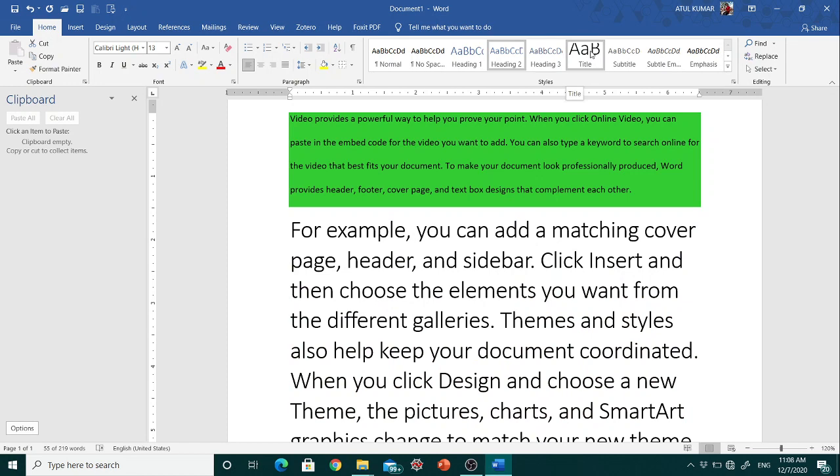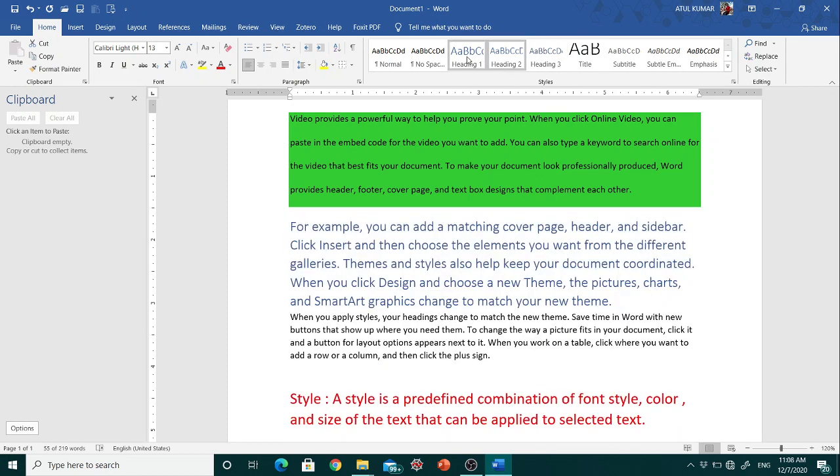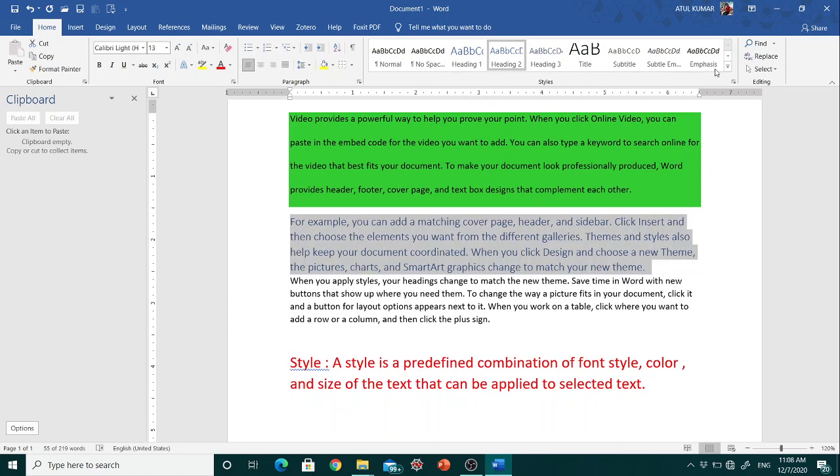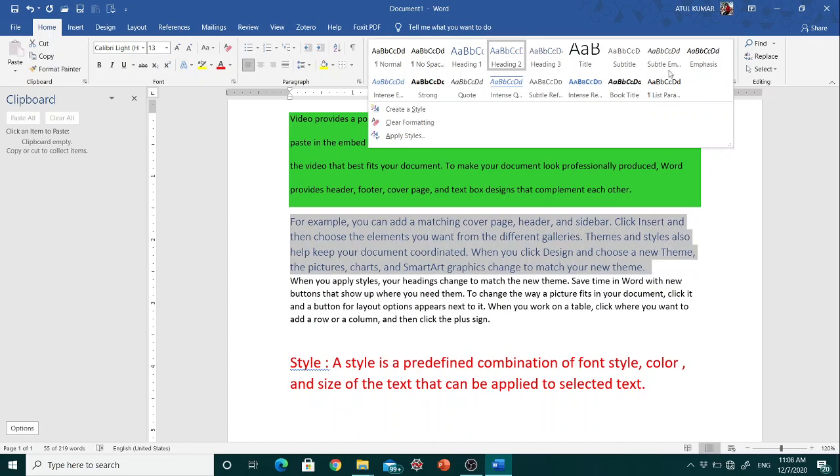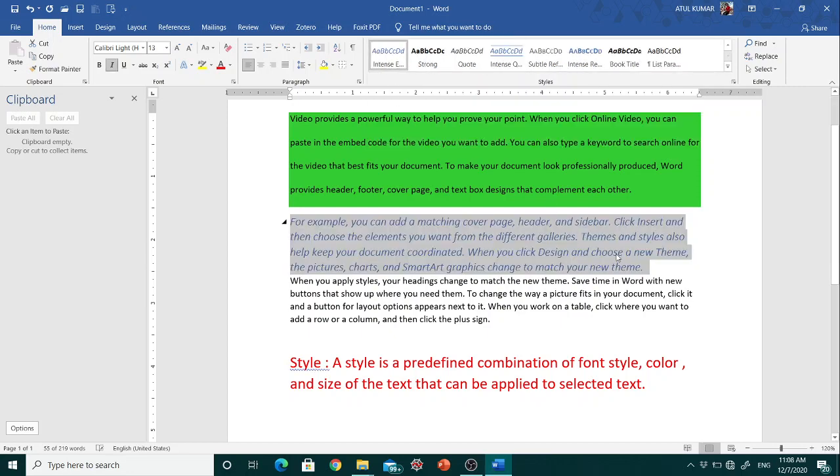If you want to apply this title style, or this heading style, different kinds of styles are available. If you want to apply this intense emphasis style, then just click on this and your text takes the formatting of this style that contains the font style, color and the size of the text.